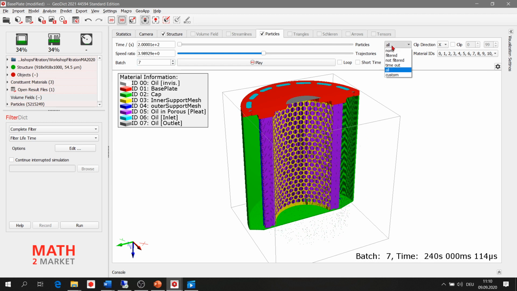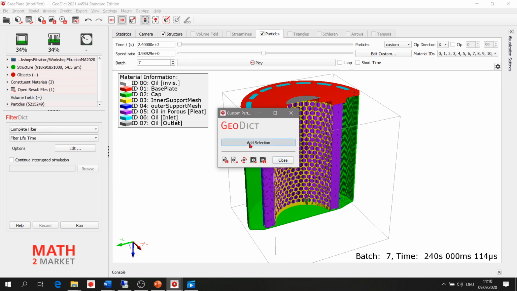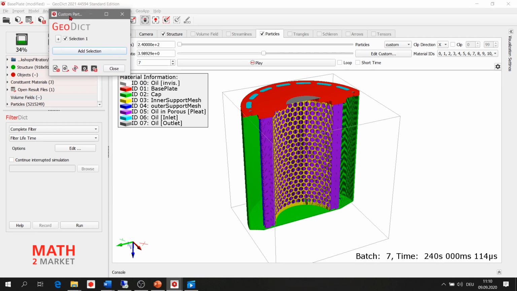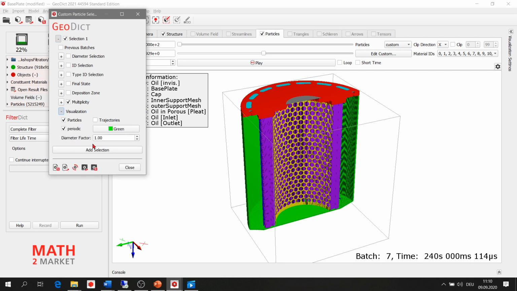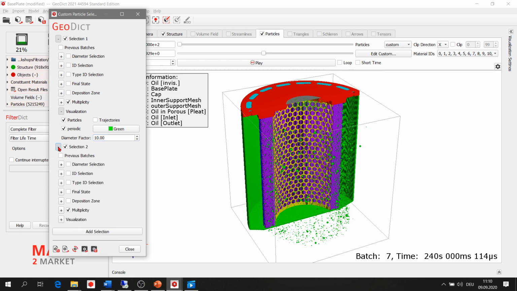You can click on custom, edit custom, add selection, and then change the visualization, for example, to 10, and then also add another selection that you also want to show the previous batches.